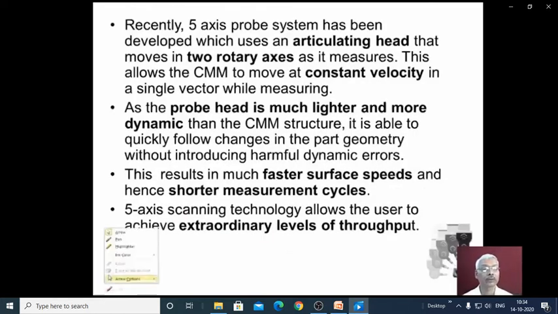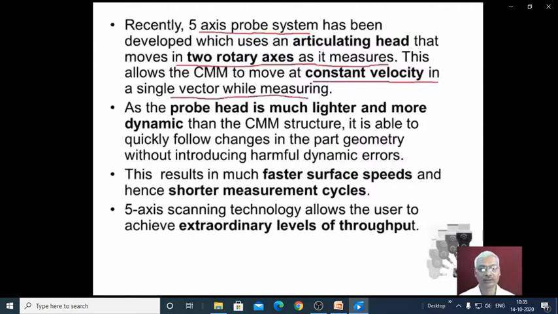Recently, 5-axis probe systems have been developed, which use an articulating head that moves in two rotary axes as it measures. That means a 5-axis probe system has additional two rotary axes, A axis and B axis, along with XYZ motion given by the CMM structure. This allows the CMM to move at constant velocity in a single vector while measuring.